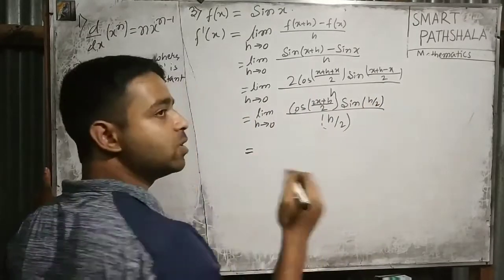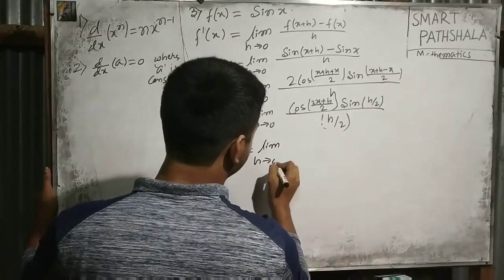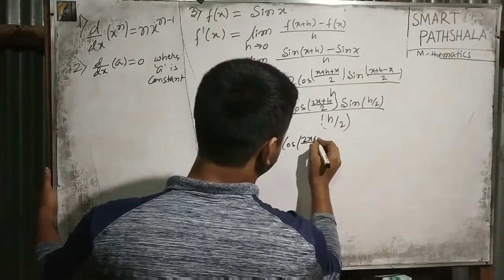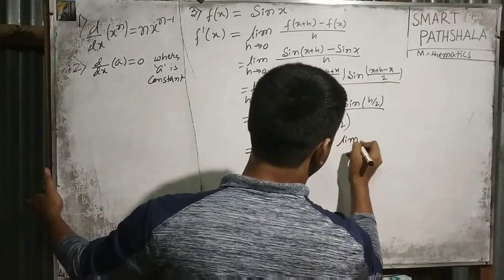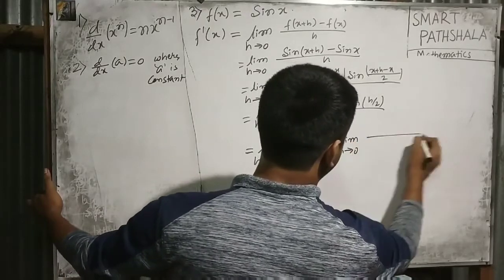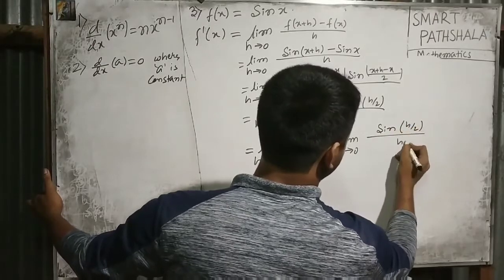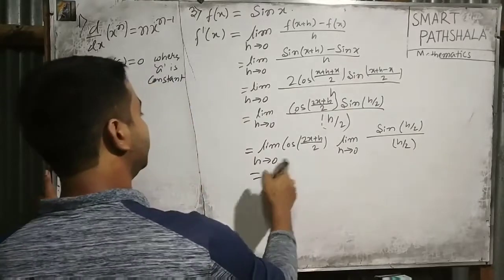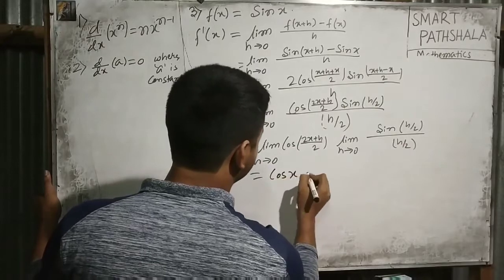Now, according to the algebra of the limits, we can separate these terms, h tends to 0 and cos of (2x plus h) by 2. Now this will be multiplied by limit h tends to 0, sine of h by 2 over h by 2. Okay. Now if you plug in the value of h as 0 here, what you will get is cos x